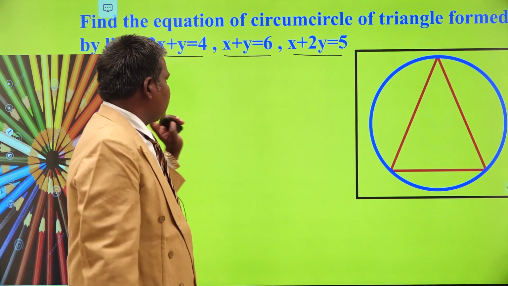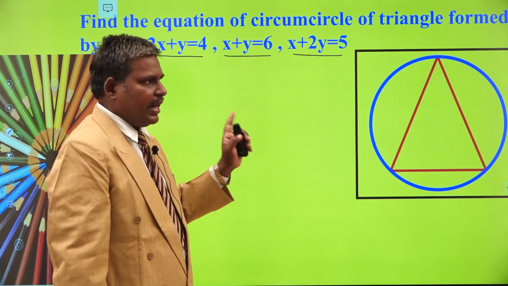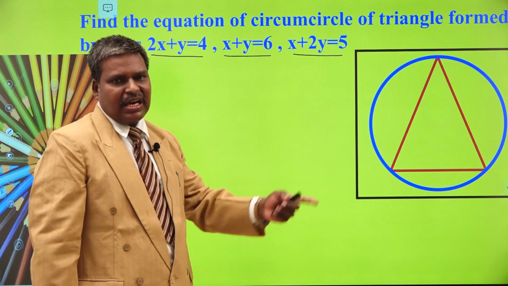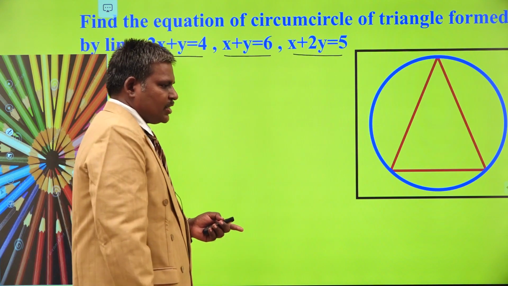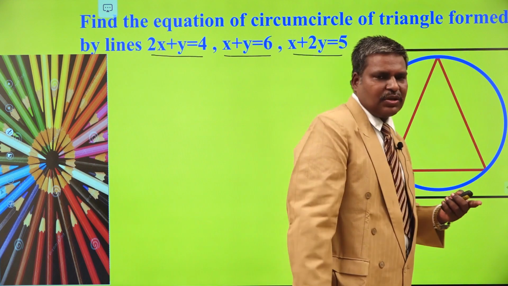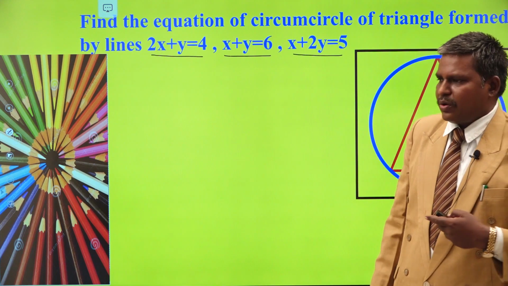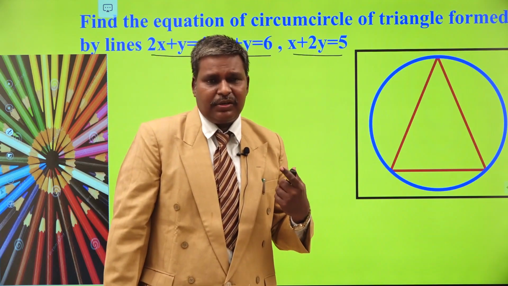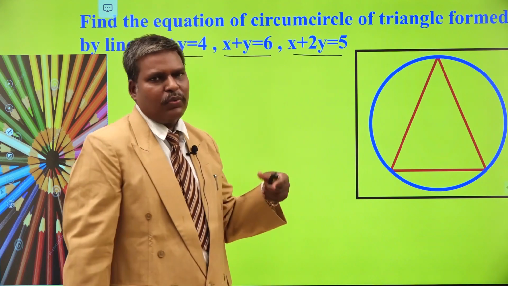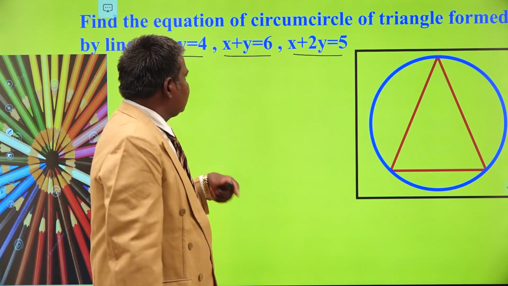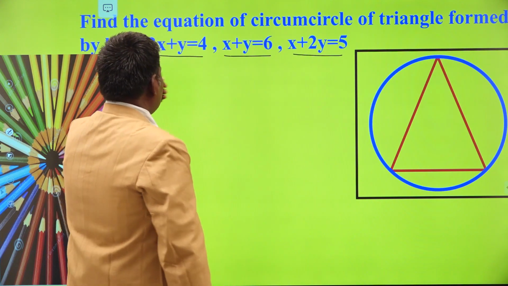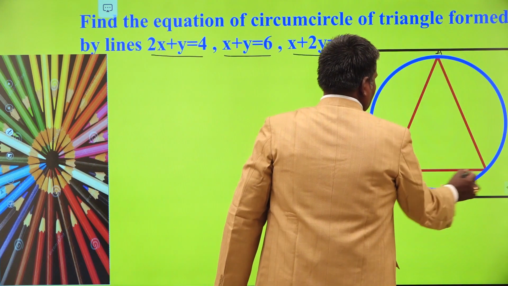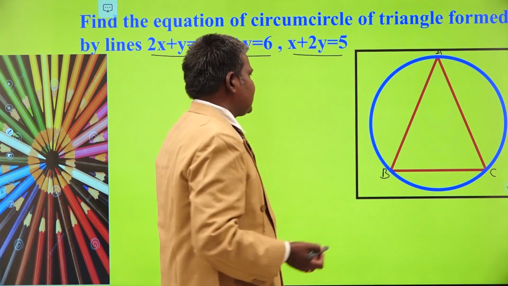You have two methods. One method is finding the vertices and then finding the equation of the circle, or forming the expression L1 L2 plus lambda into L2 L3 plus mu into L3 L1 equal to 0, applying coefficient of x square equal to coefficient of y square and making the xy coefficient 0. We obtain lambda and mu values, substitute in the above, and we get the answer. So, we will do one method and the other method you do by yourself. First of all, I am going to find the points of intersection. A, B, C are the corresponding points of intersection, that is, the vertices of our triangle.